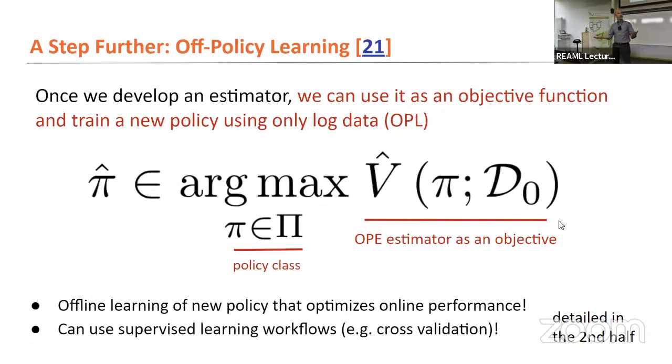And then once you know how to evaluate policies, then you can just do learning as well, right? Then you can do just empirical risk minimization. You have an estimator, and then you can just go through your policy space. You have a space of policies, maybe all deep networks that parameterize some policy. And you can search for the one that optimizes the training reward, right? So then you can do actual batch learning with this type of data. And that's then the second half.